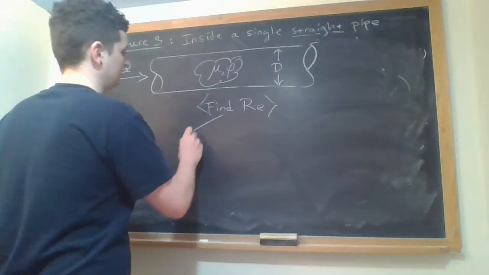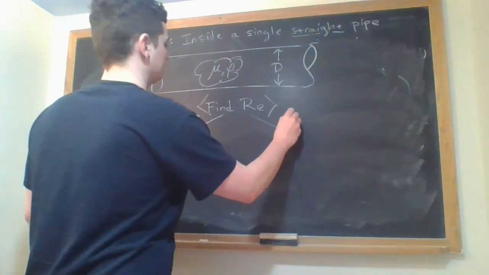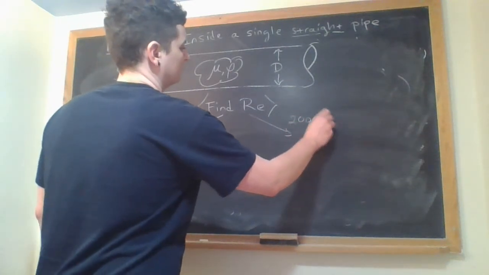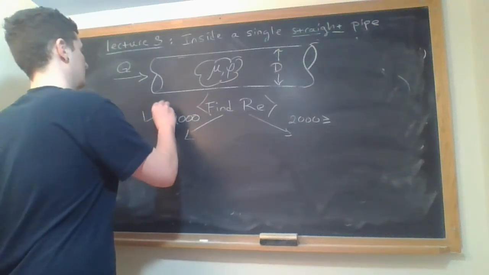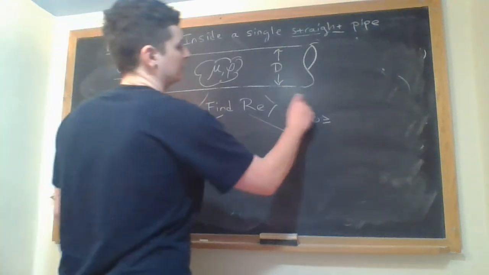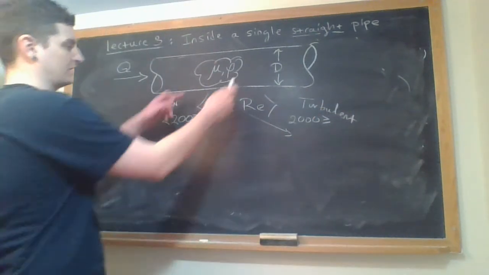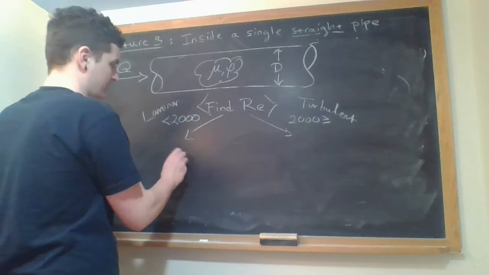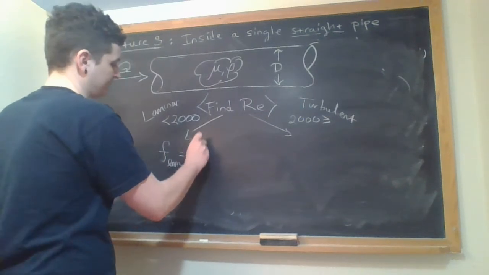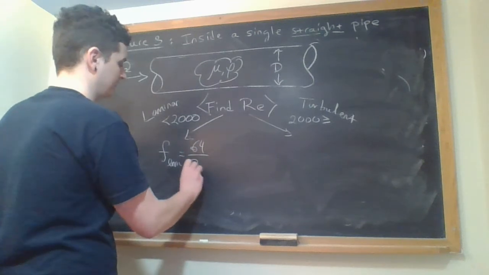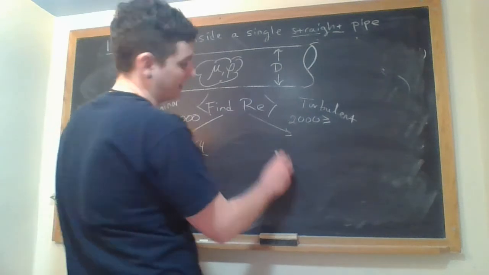and we have two paths. It's less than 2,000, which is laminar, or greater or equal to 2,000, which is turbulent. So you have to find the Reynolds number. If it's laminar, the friction factor is just 64 divided by that Reynolds number. Super simple. If it's turbulent,